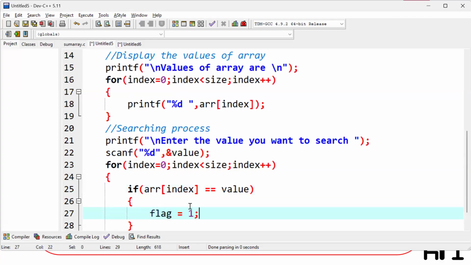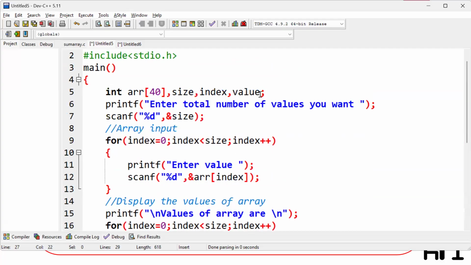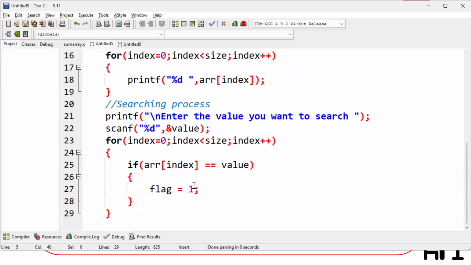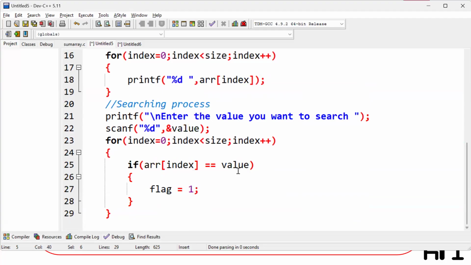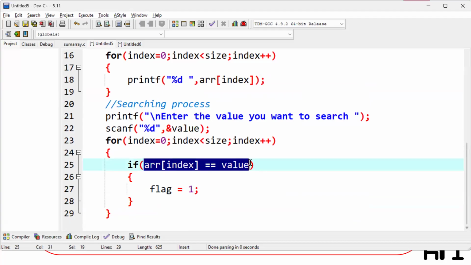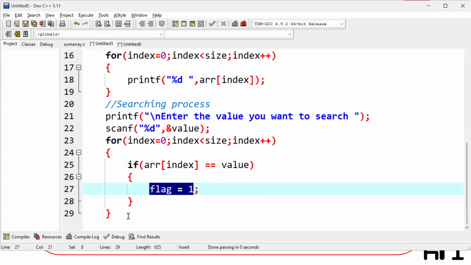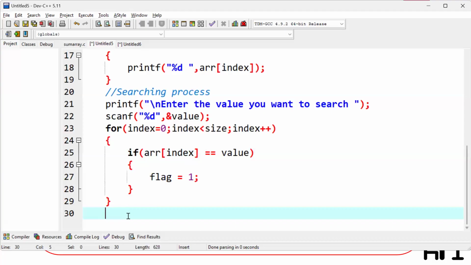What will I do? I'll take the help of a flag variable which is initialized to 0. But if there is any match, that means flag will become 1. Okay. Initially my flag variable is 0 because I have not started searching. But whenever I have started searching and wherever I get my value, if the value is present, the status of the flag variable will be converted to 1. So after this loop,